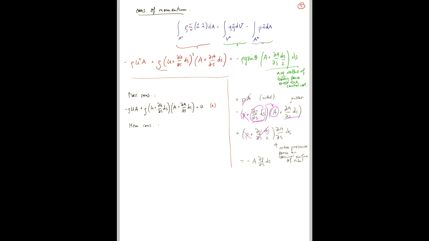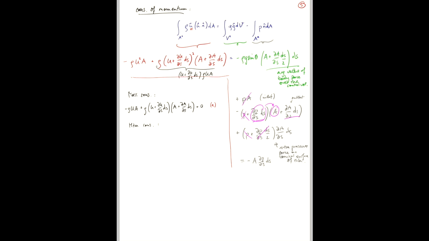And there you will realize that I can write this as (u plus du/ds ds) times rho u A, and all the other terms are small here. So then I can write the momentum equation as, and now I can take equation A and plug it into B,